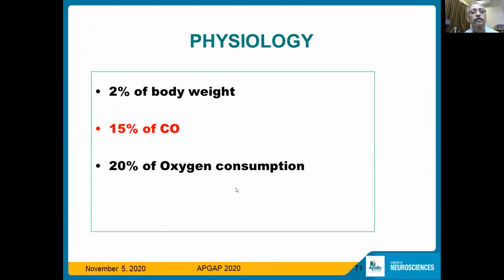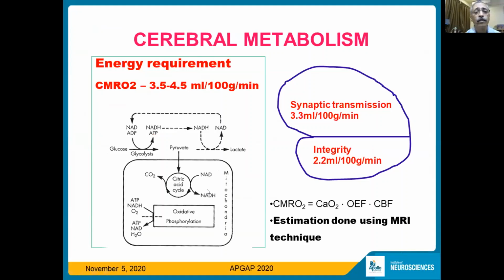We know that, though the brain weighs only about 2% of the body weight, 15% of the cardiac output goes to the brain because of the increased activity. It has high metabolic activity and oxygen consumption, and to maintain the reticular activating system and the synthesis and storage of neurotransmitters, this increase in cardiac output and oxygen consumption is essential. The global cerebral oxygen requirement is 3.5 to 4.5 ml per 100 grams per minute, and glucose seems to be the only substrate for